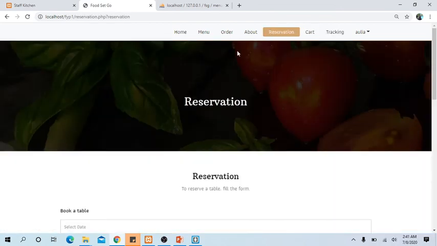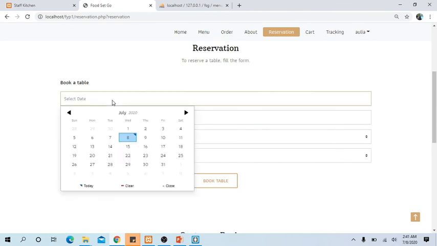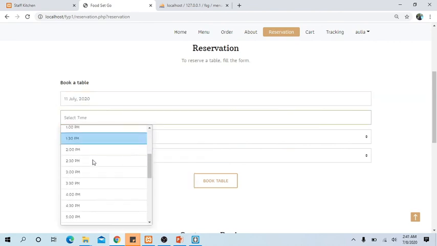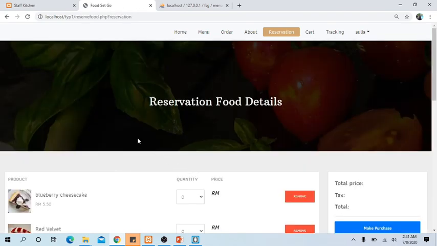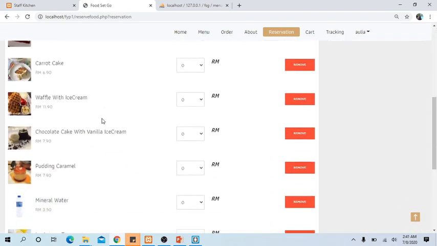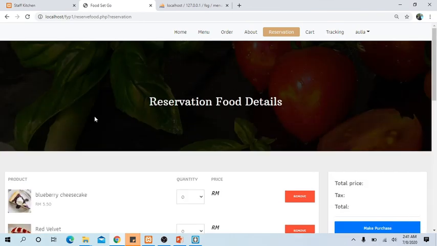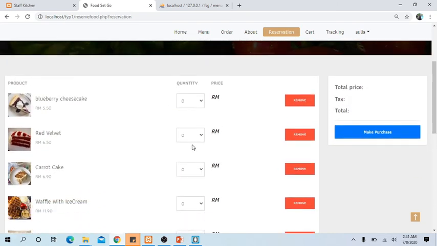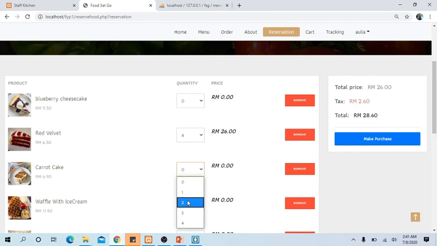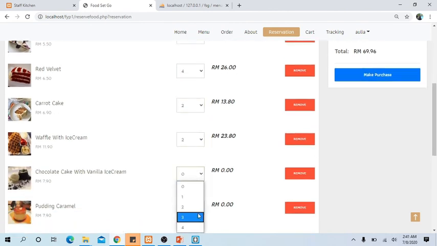For the reservation, for example, the user wants to reserve a table for some occasion, so they need to reserve a table on 11 July at 2:30 for 2 people, which is for the anniversary. Okay, then book a table, and then this one will show all the list of the food that has been added in the menu list, and then the user just needs to assign